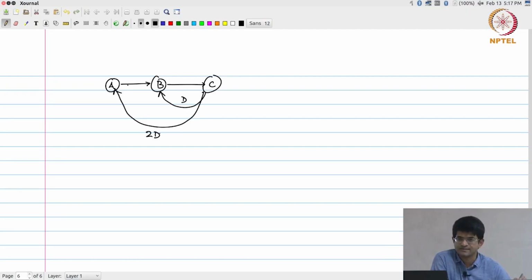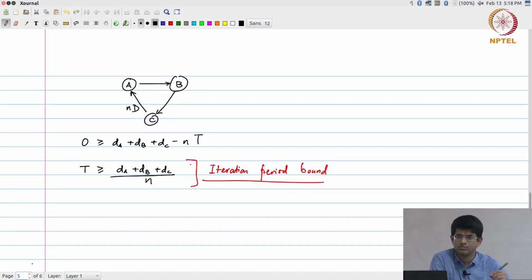Supposing I had this as my data flow graph, what would you estimate is going to be the iteration period bound over here? Now what I need to do is actually look more carefully at it and say, okay, how do I actually come up with the iteration period bound? Where did the iteration period bound come from in this previous thing? Because of the fact that there was a cycle in the graph or a loop,